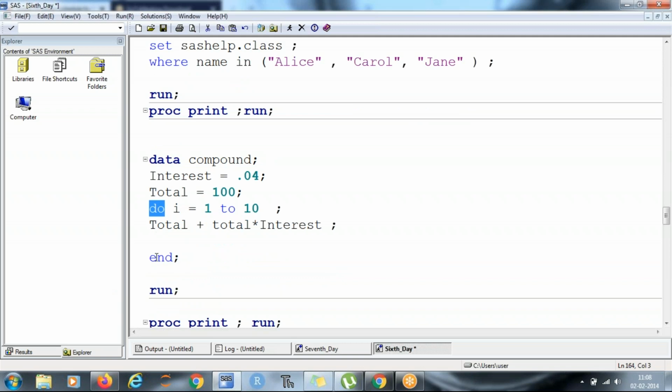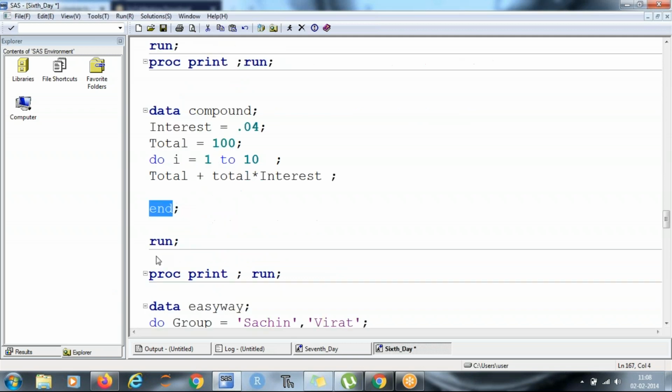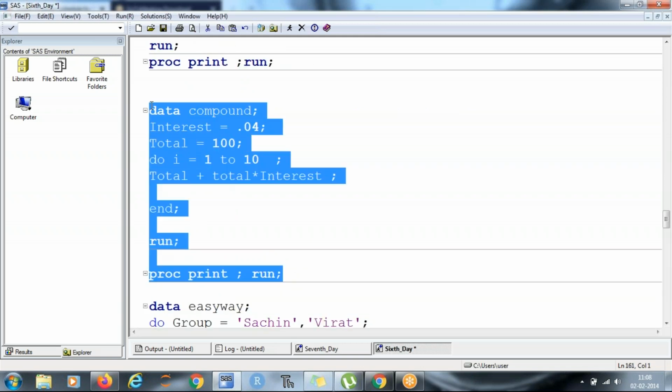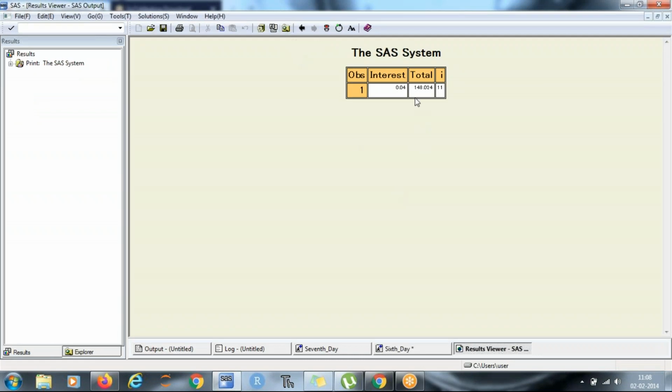And whenever we use do, we use end. So by running this with the interest rate of 4%, in 10 years my money will become 148 rupees, right?